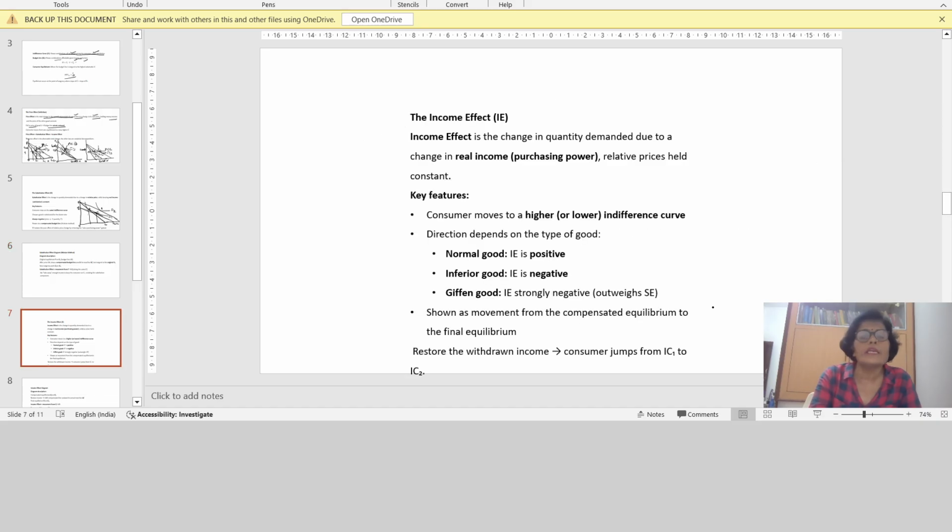Substitution effect and income effect I will teach you in another video next, because this will be very lengthy and you will not be able to understand all three effects simultaneously. So just wait for my next video, and till then, if you have not watched my earlier video on indifference curve analysis, I request you to watch that video.